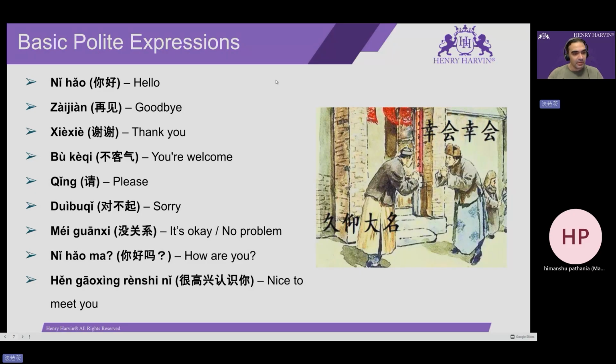And then we have the word 对不起, which is generally used for sorry. And even at times, depending on the situation, depending on the context, it can also be used for excuse me or a similar kind of scenario. But generally, it can also be used for the word sorry. So we pronounce it like 对不起.